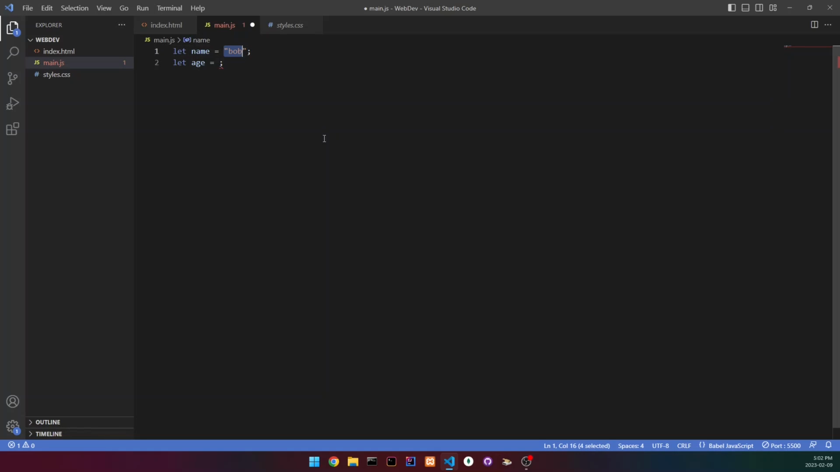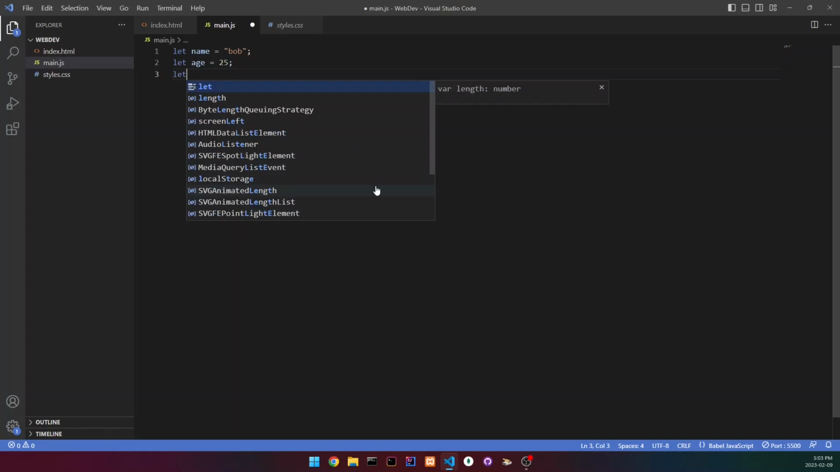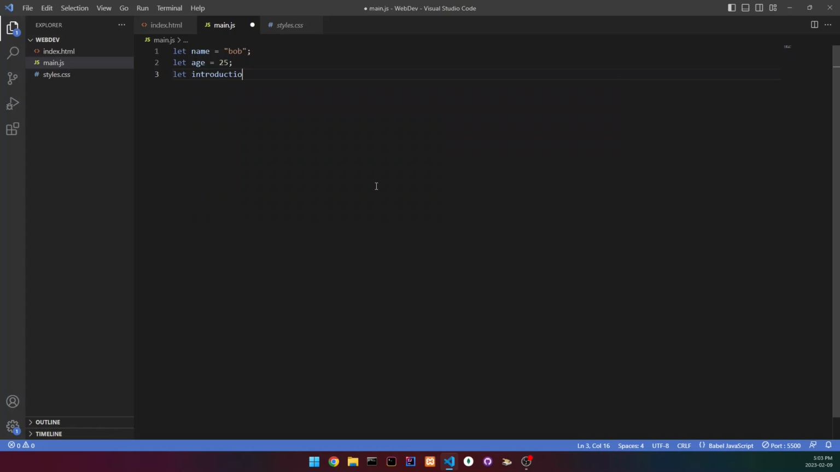And so this right here, this is going to be a string, and then our age is going to be an integer, and Bob's going to be 25 years old. And so now what we could do is either print it out or make another variable. And let's actually do that. So let's do let introduction, and that's going to be equal to, and then let's set this to